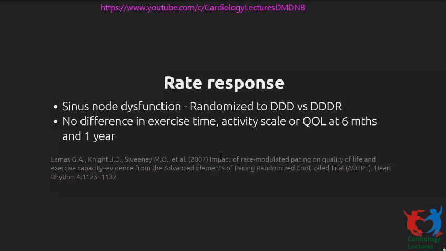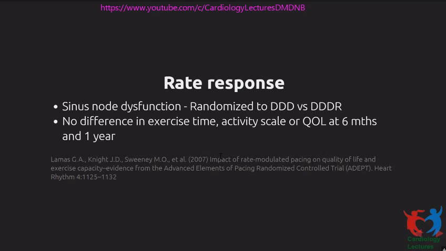Whatever trials have been done of DDD versus DDDR have not really shown a huge benefit of adding rate response to DDD. So I would say the main place where you can consider a DDDR is if you're going to use a dual chamber pacemaker in a patient with sinus bradycardia who has chronotropic incompetence. So the patient typically has resting sinus rates of 40, and with effort the rate doesn't go up beyond say 50 or 60. So you want them to pace in the atrium and their atrial pacing rate to go higher when they exercise, then definitely give them a DDDR pacemaker.